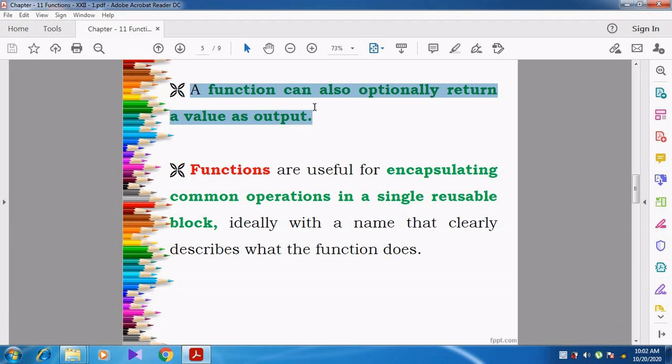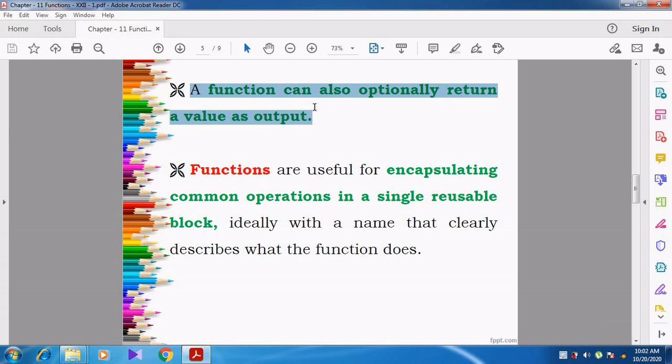If there is a return statement given, you can see in all the programs, at the last line they have given return 0. Why have they given return 0? The function's data type is integer, so they have given a return statement.